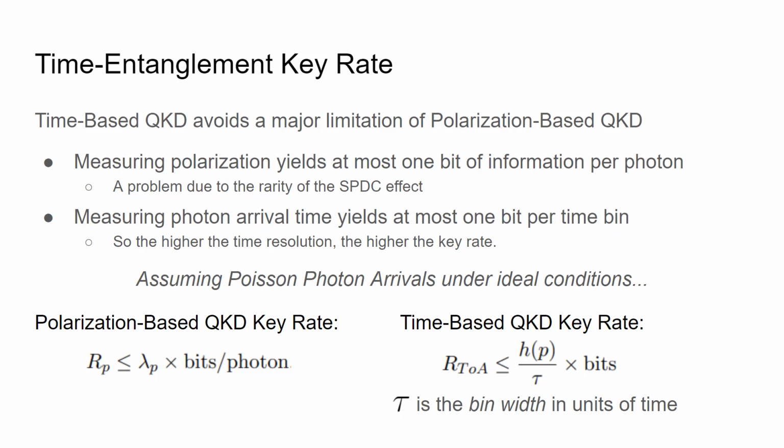And so that depends on that Bernoulli process that we were talking about before. And that's what the rate upper bound is, what we see over here. That's the expression on the bottom right. And we have this H function, which is the binary entropy function, and tau, which we described earlier, which you could also call the bin width. And then